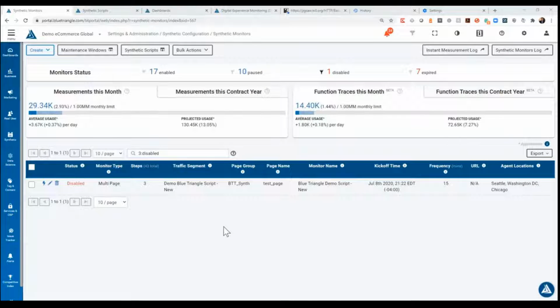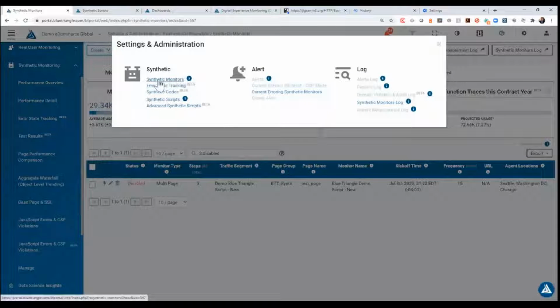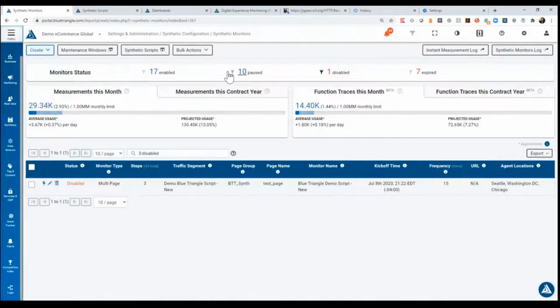Alright, so here we are in Blue Triangle, and we are in the synthetic monitors section right now. You can get here under the synthetic monitoring over here on the left, and if you go down to the bottom, you click Manage, and then Synthetic Monitors here. So the first thing I'm going to do is just walk through setting up a basic single page synthetic monitor. To do that, we're going to go over here to the top left and hit Create, and Single Page